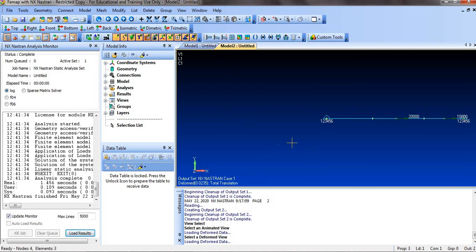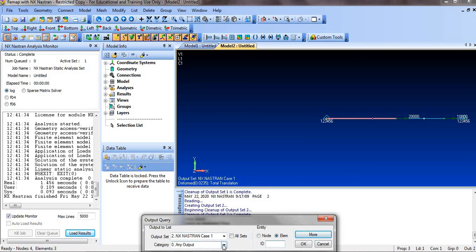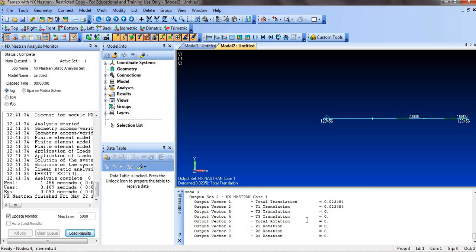And if you want to know the deformation at a particular node, how to see that? So earlier we have seen the total deformation. If you want to see the deformation at a particular node, go to list, output, and query. So here you have to select the type, what value you want. If you want displacement, select displacement here, and click on node, and click inside this box ID, and click the node on which you want to see the deformation. So if you want the deformation in this node, click on that node and click on more and OK. So you will get the value.